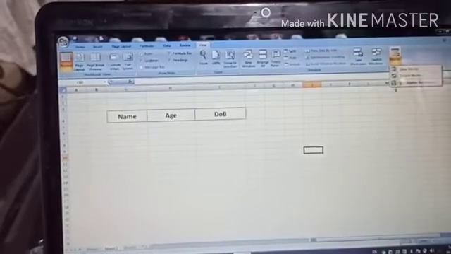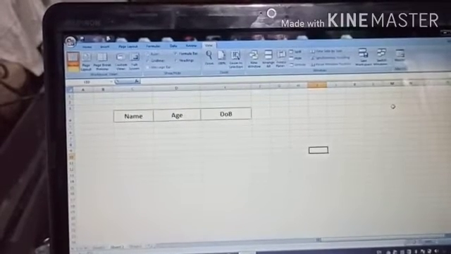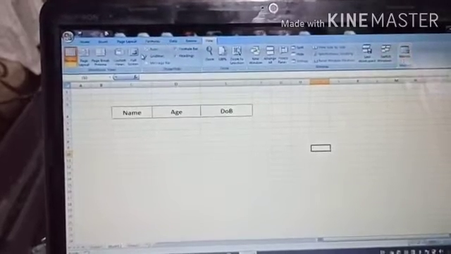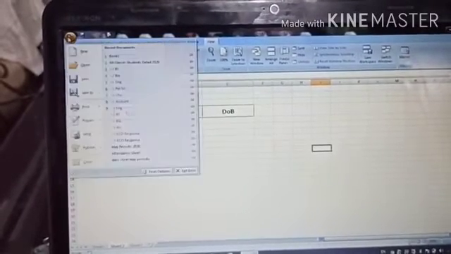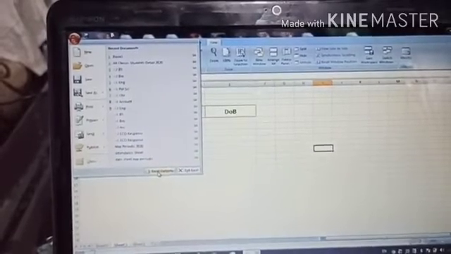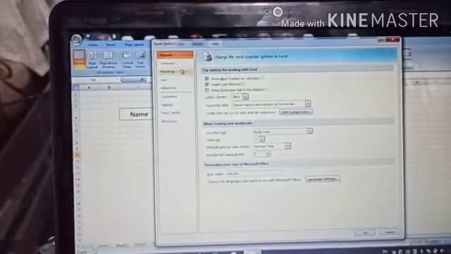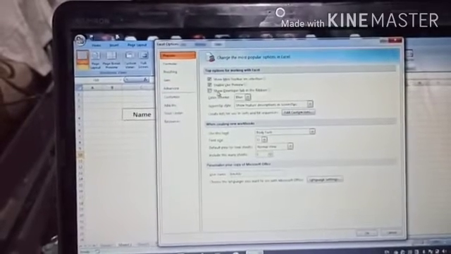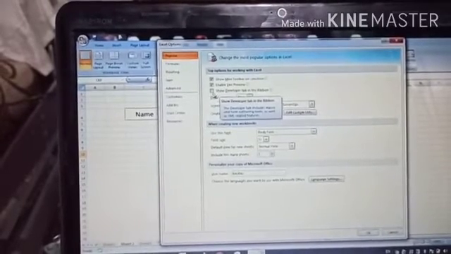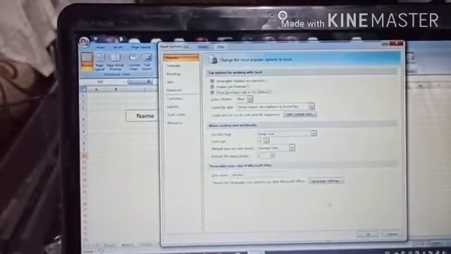If you are using a version of Microsoft Office in which there is no macro option, then go to the Office button, and from here select Excel Options, and under Popular, the third option is Show Developer tab in the Ribbon. Click this checkbox and then click on the OK button.